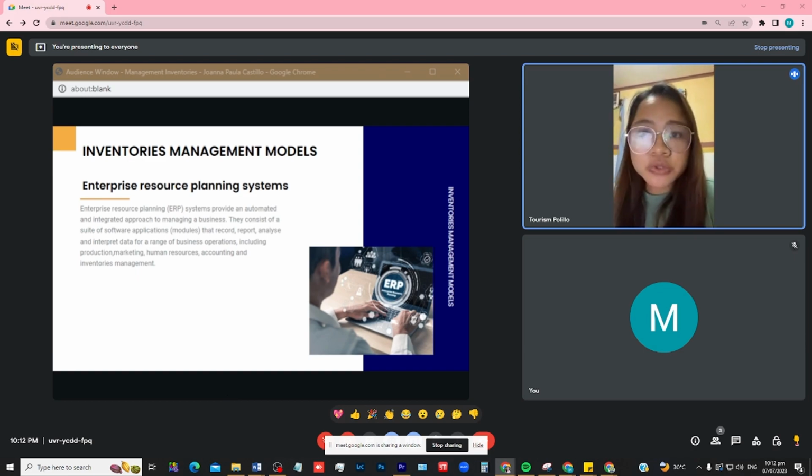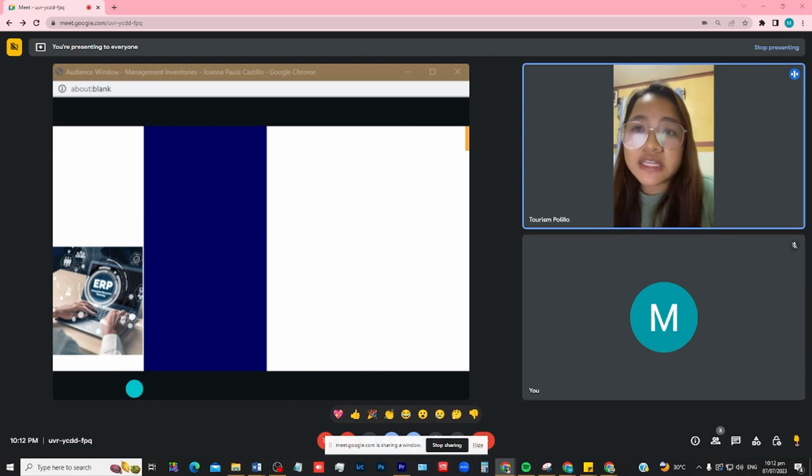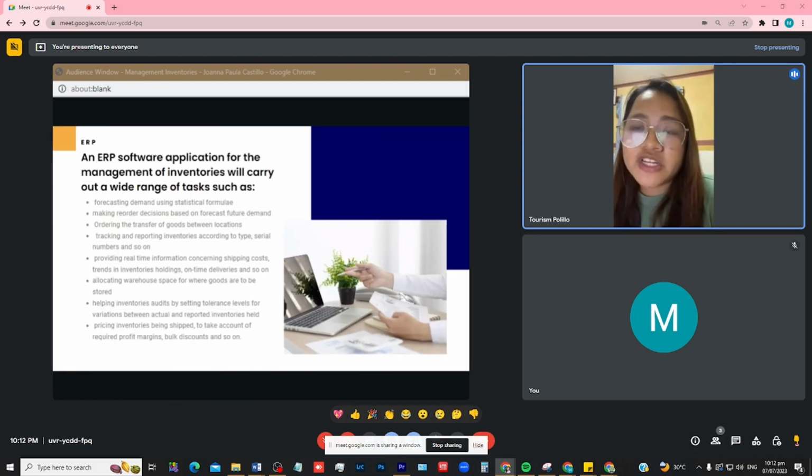They consist of a suite of software applications or modules that record, report, analyze and interpret data for a range of business operations, including production, marketing, human resources, accounting, and inventory management. An ERP software application for the management of inventories will carry out a wide range of tasks, such as, first, forecasting demand using statistical formula, making reorder decisions based on forecast future demand,